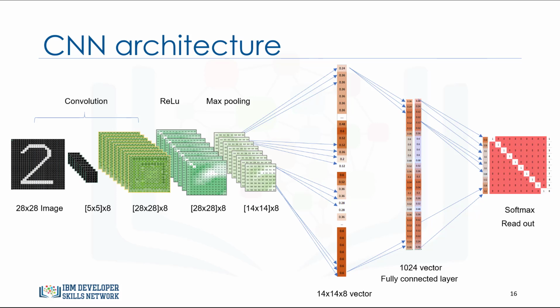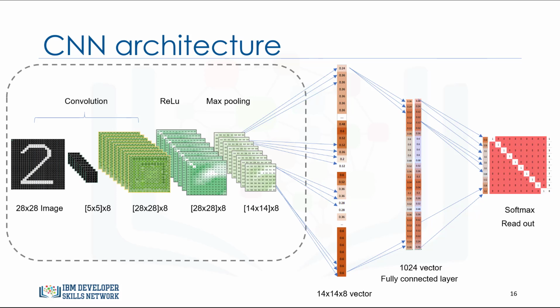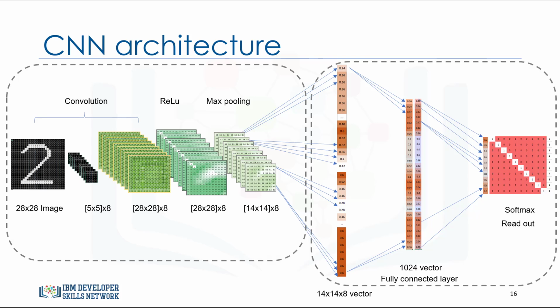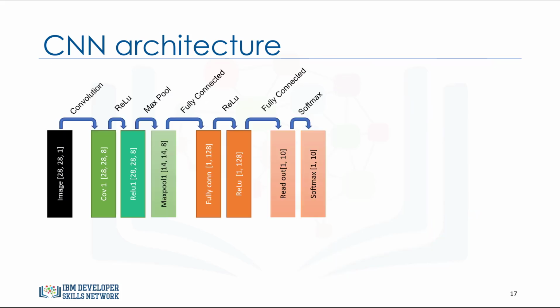Now, let's put all these layers together. This chart shows the main layers of a convolutional neural network. As you can see, the whole network generally is doing 2 tasks. The first part of this network is all about feature learning and extraction, and the second part revolves around classification. So, if we look at each operation as a building block, we can see that a typical convolutional neural network might look like this diagram.